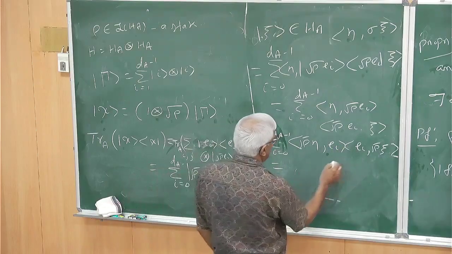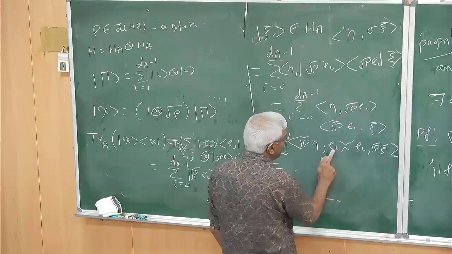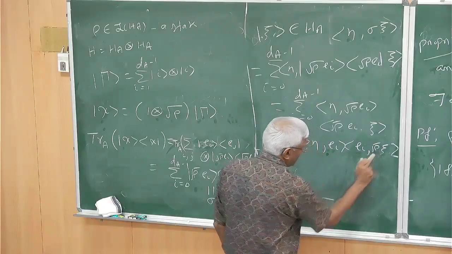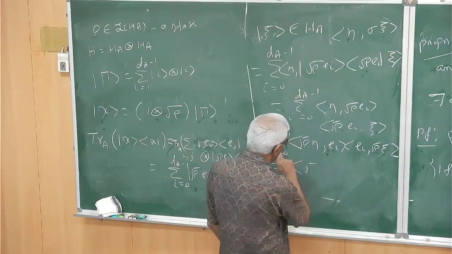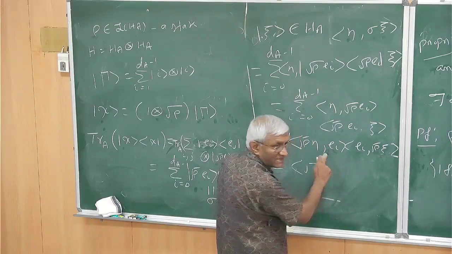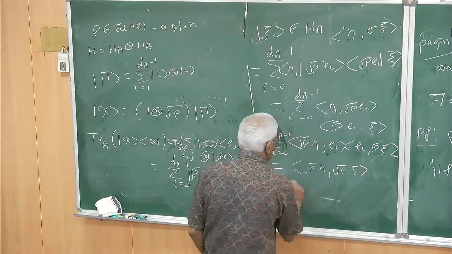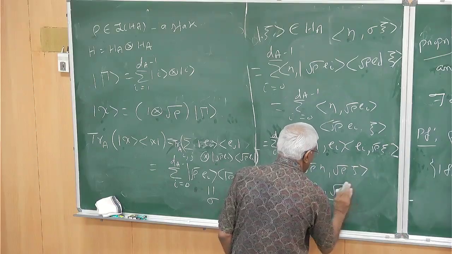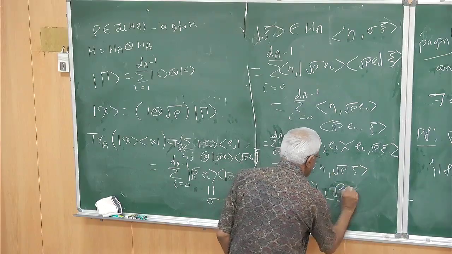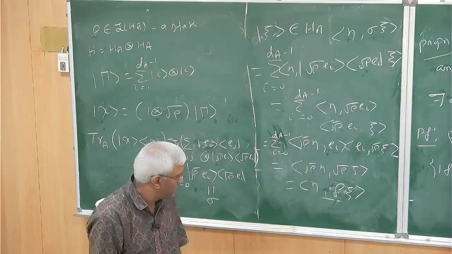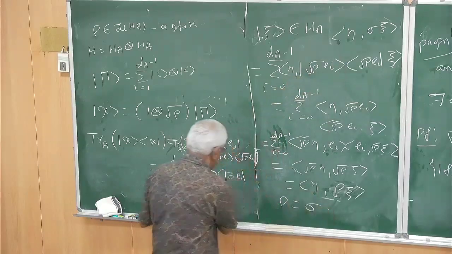So we have this. Now you can take this inside. This is rho sigma e_i with e_i. This is just the orthogonal decomposition of that. You take the sum inside. This is just rho eta, square root of rho psi, which is just eta, square root of rho, and the other square root of rho you take here. So which is just rho psi. So we have this is equal to this. So rho equals sigma.